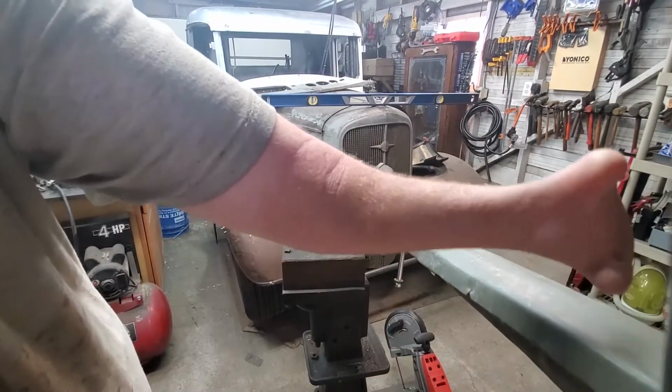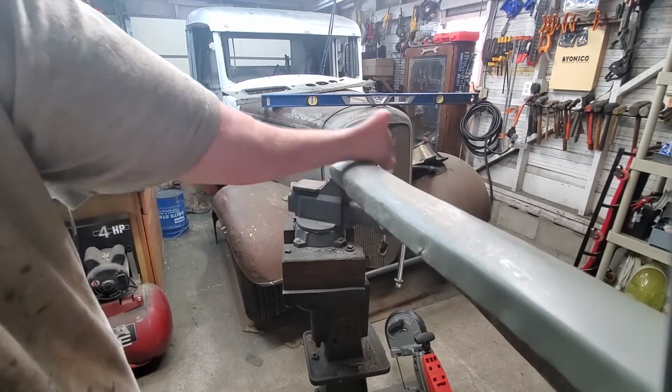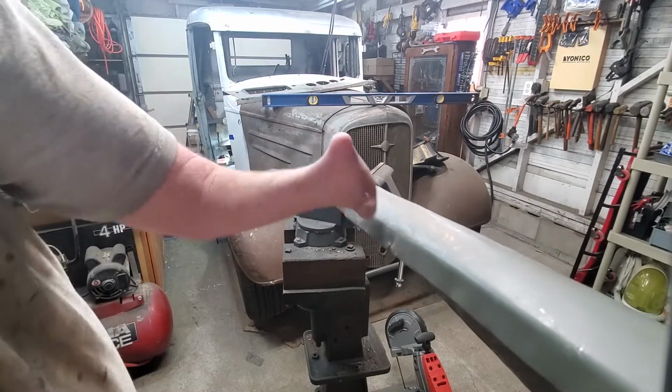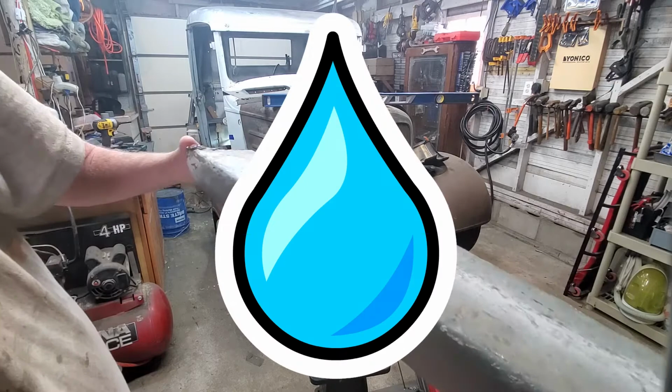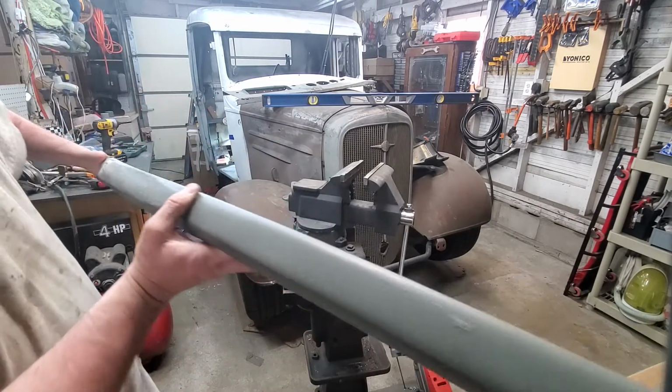You can see the impact was right in here and it really messed up this whole section. I have this up like a whale tail instead of a teardrop like it's supposed to be. And so I think